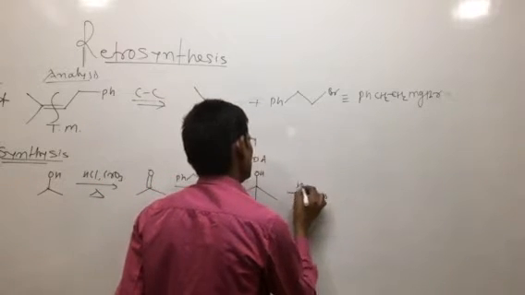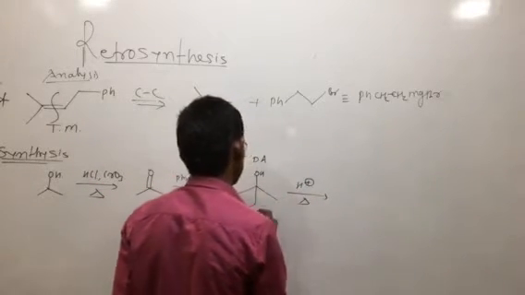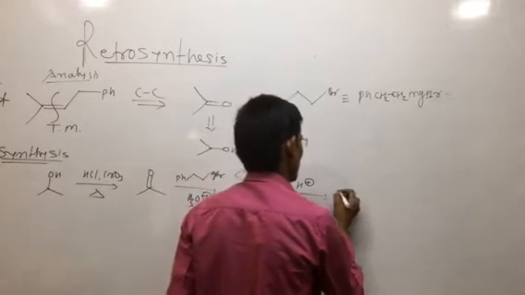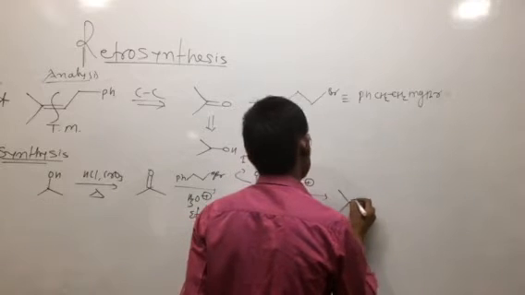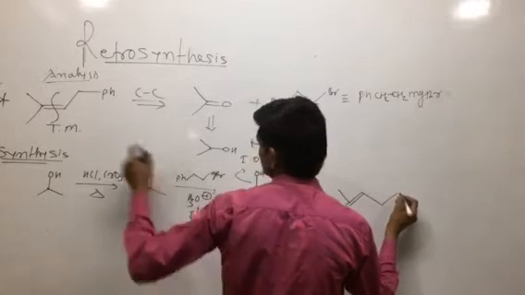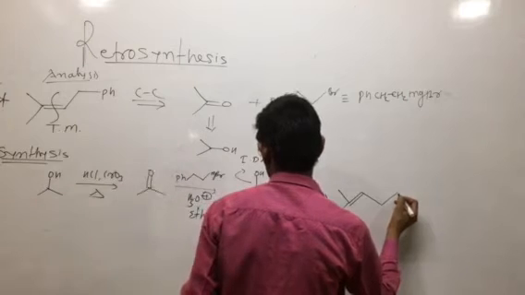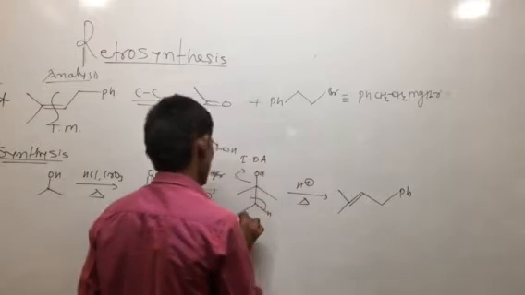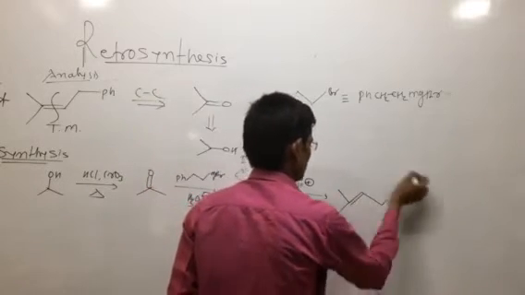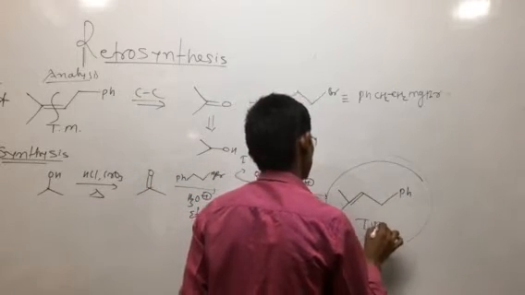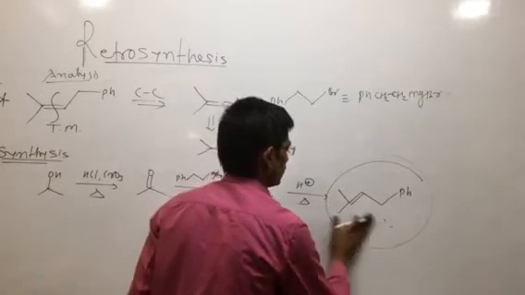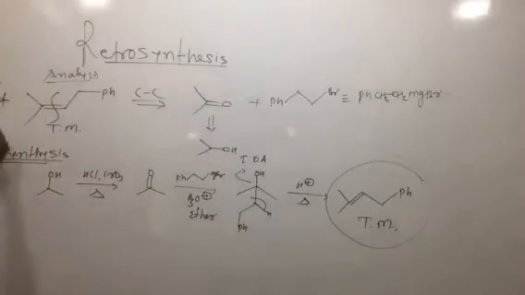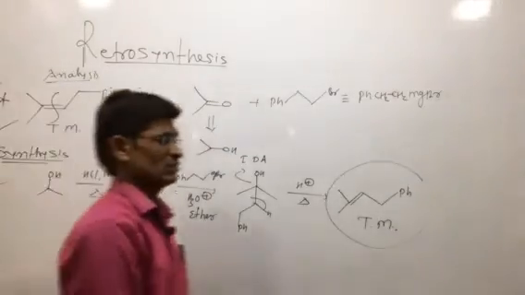Then it is reacted with H plus, acidic condition, formation of the secondary alcohol, and then loss of water, and formation of a double bond here, CH2 as it is, here CH2 as it is, and this one is the Ph. How many carbons? One, two carbon. This is the target molecule. This is a target molecule. So this is one analysis plan, and this one is the synthesis plan.